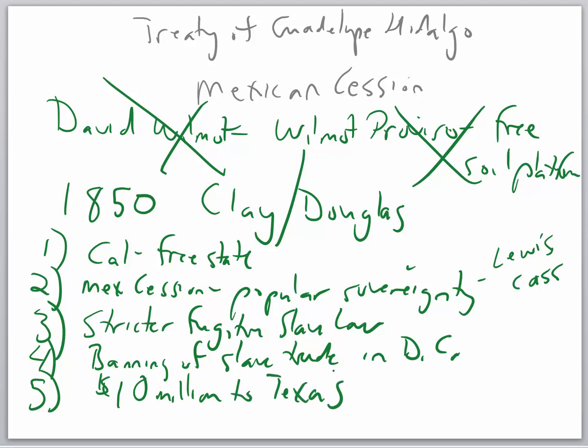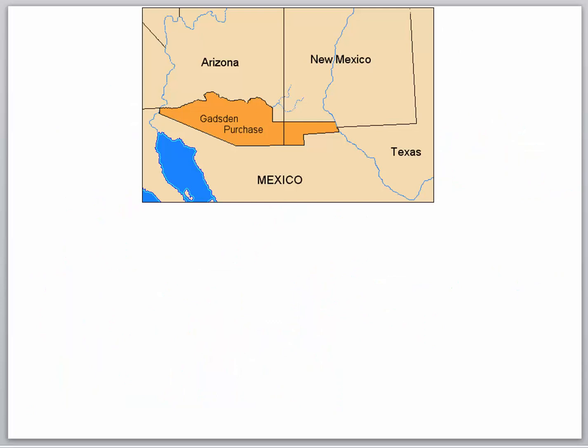This compromise was passed one part at a time, and some people do not think that the measures would have been approved under President Zachary Taylor, but he died from eating bad cherries and sour milk, so that led to Millard Fillmore being president. And then just to conclude territorial expansion, in 1853, the United States purchased this little area